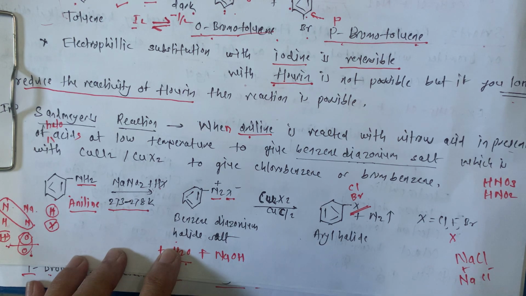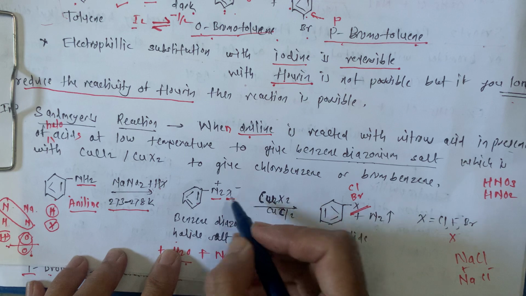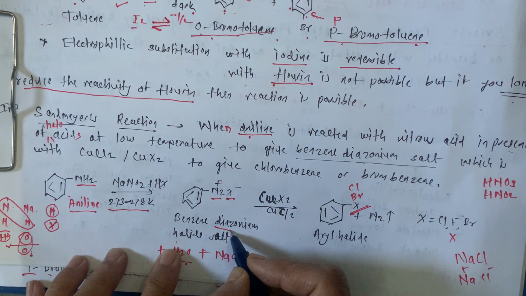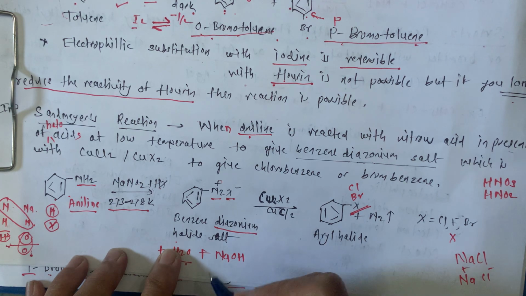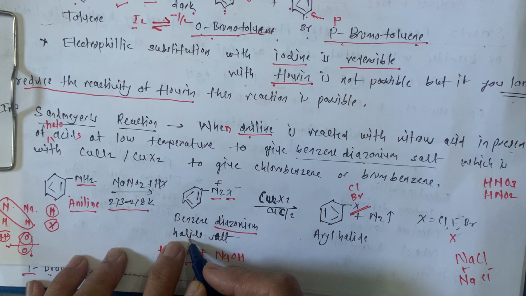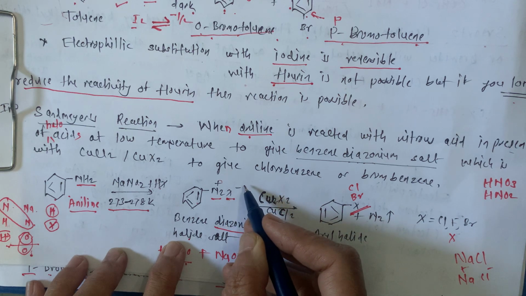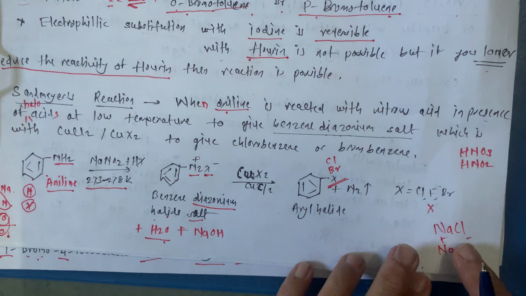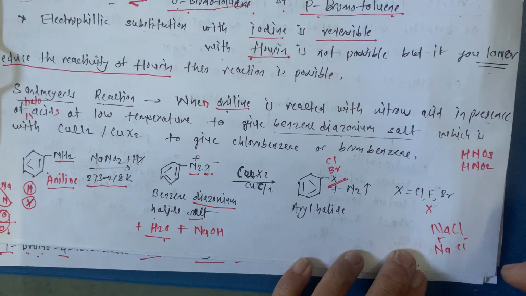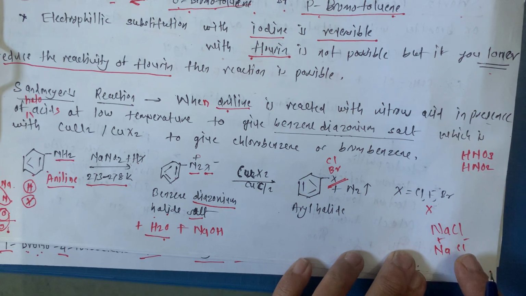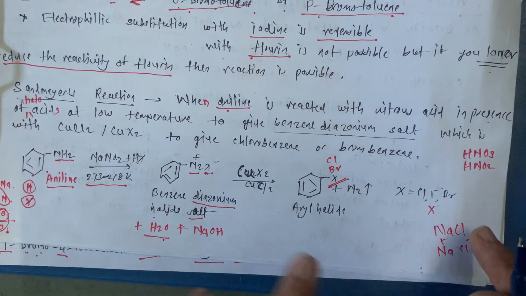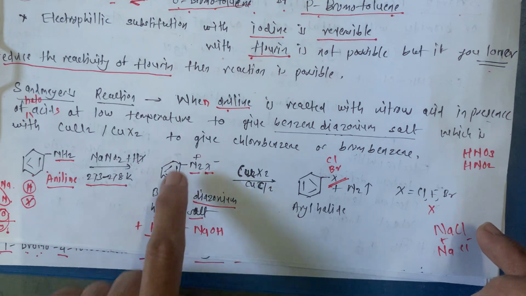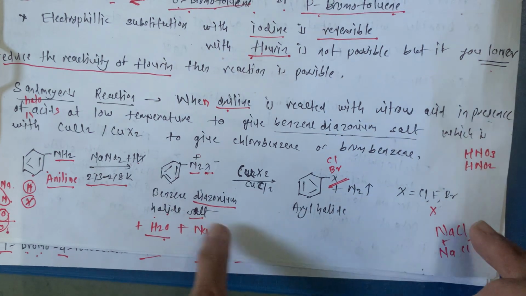What is benzene diazonium halide salt? This is our benzene. For these two nitrogens, that is N2, we say diazonium because it is having a positive charge. Then the halide, that is X, is again having a charge, and this is a salt. How is this a salt? Very simply, NaCl is a salt, we know it from our 6th standard. Na plus Cl minus gives us salt. Similarly, N2 plus X minus gives us salt. So this is known as benzene diazonium halide salt.